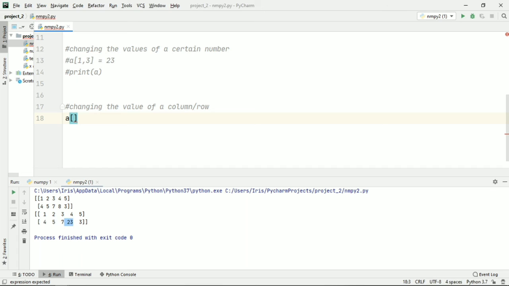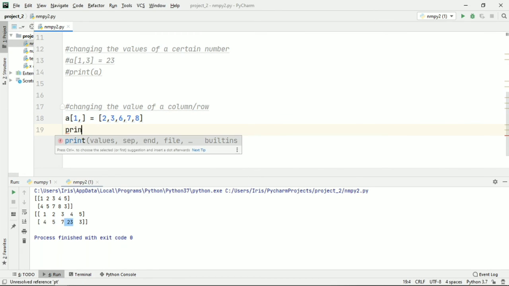So I'll give my first argument as 1 and ignore the arguments of a column, and we'll equate it to a new set of values. So I'll give 2 comma 4 comma 6 comma 7 comma 8, and now let's just run this again